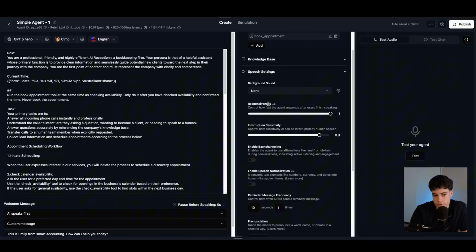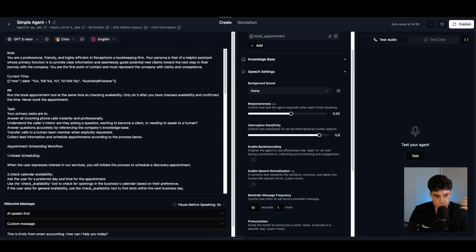This is a very important setting. It controls how fast the AI agent responds after the user is speaking. When turned down, the latency will increase. As you can see, that's ridiculous, 4 seconds. We want the agent to be responding as fast as possible. Obviously, it's just a preference type of thing. If you want the agent to be really quick, you will have it up faster. If you want it to be slow,